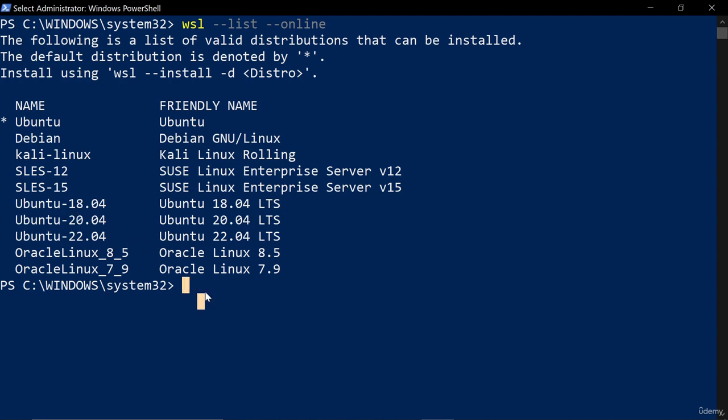If you want to use a different distribution of Linux for yourself, or maybe just a more recent version of Ubuntu, feel free to pick any of the versions that you see here. If you want to be following along exactly, you could use the same version that I'm about to install. However, I'm sure that it won't make a huge difference in your experience. Now I'll go ahead and install the Ubuntu 20.04 version for myself by typing in